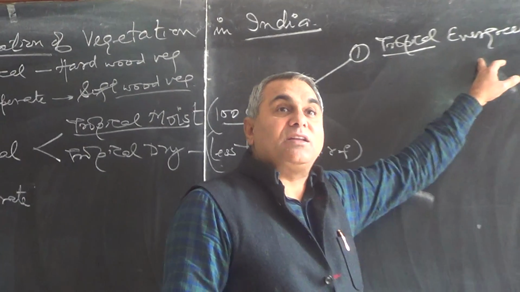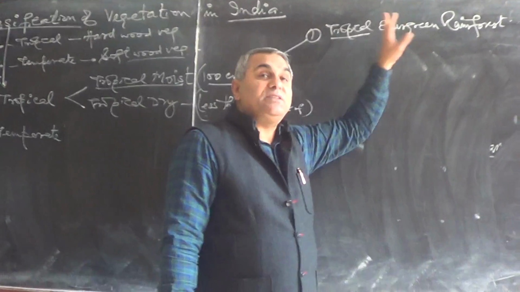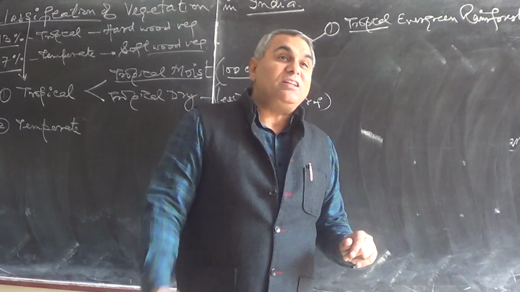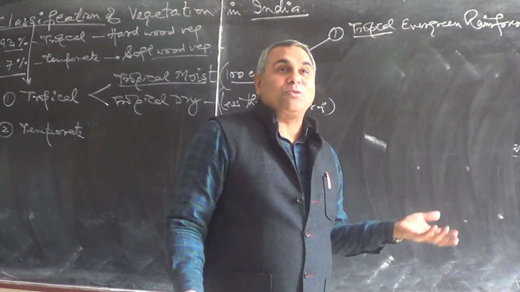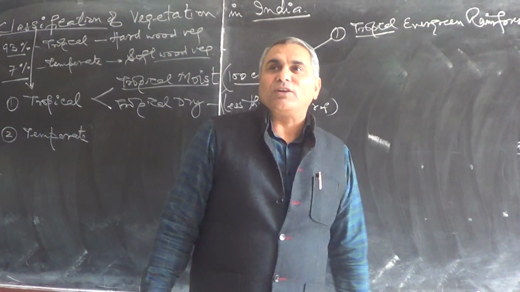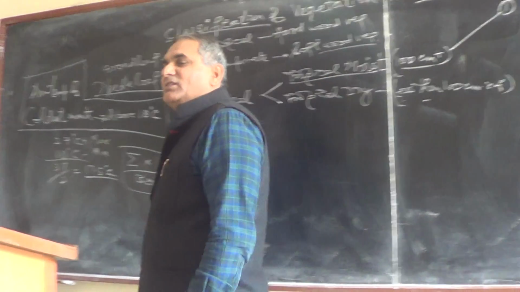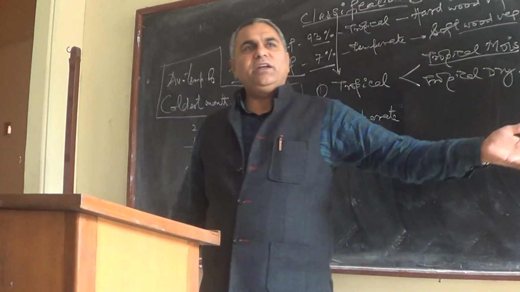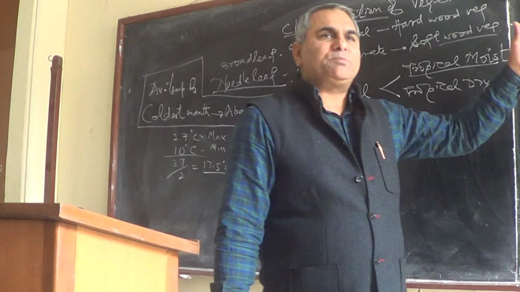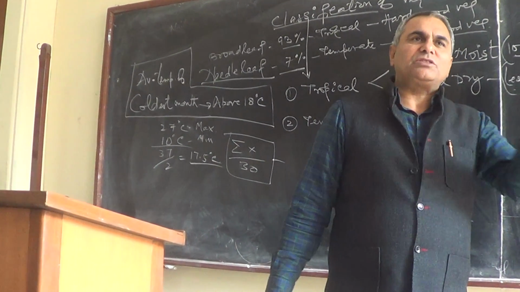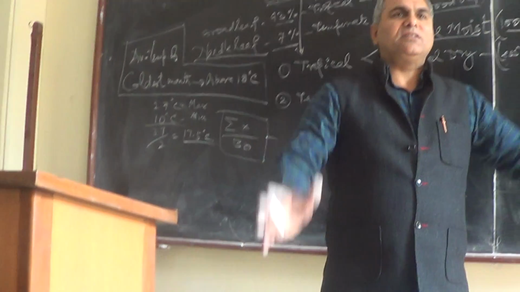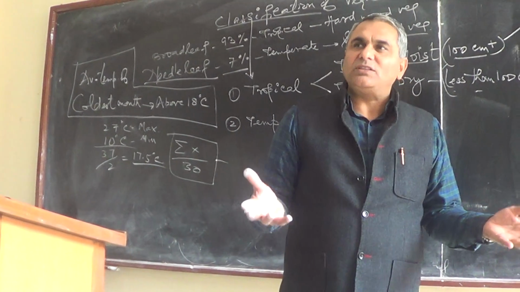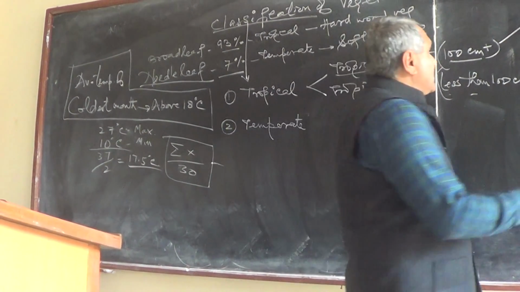Evergreen means they remain green round the year. It doesn't mean they are not shedding their leaves. They are shedding their leaves, but they have more number of varieties. And it is rainforest. They are controlled by rain. So there is rain round the year, every day, from 4 to 6 p.m. or 3 to 7 p.m., always round the year in the evening. There is the rain, so it is near the equator. And second is